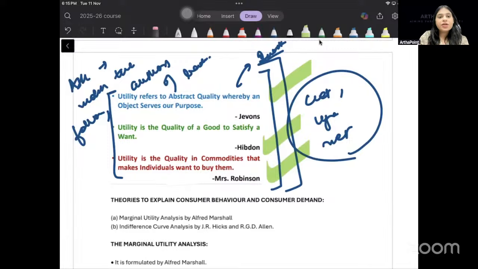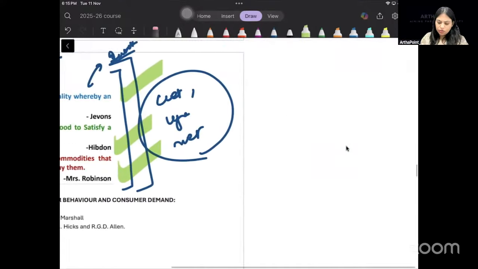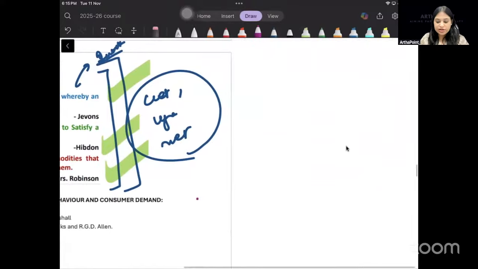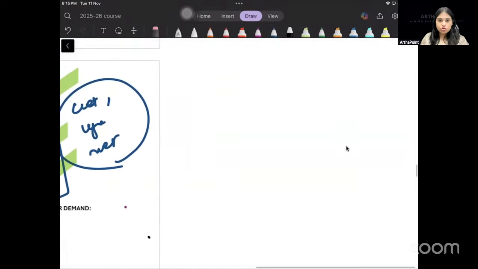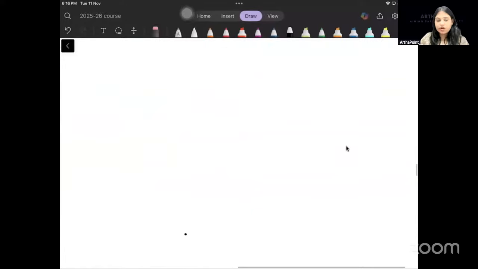Okay. So coming back to this, when we talk about any concept, whether utility or demand, one thing all of you have to do is the chronology of demand or chronology of utility. That means who gave what when, you have to do that carefully. So I am just mentioning the chronology of utility. You guys can add on to that chronology. So first of all, Adam Smith